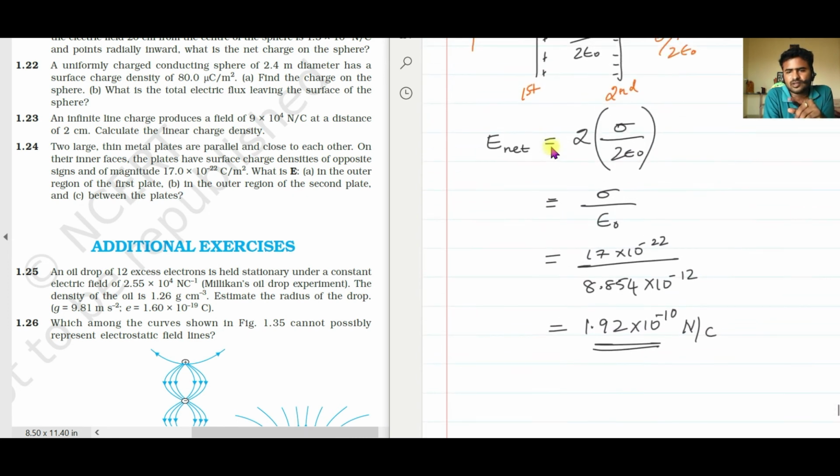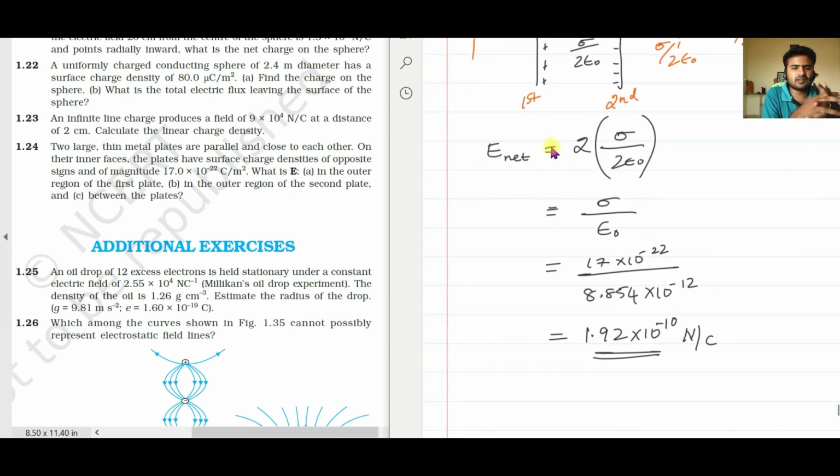All right, so now we have completed all the exercise questions. Additional exercise questions I'm not solving now. If you want me to solve them, you can put that in the comment box, and then later on I will do it. First I wanted to cover the exercise questions and move on to the next chapters. So all the concepts will be covered first, the theory part and then the exercise part. Additional exercise, again, if you want, let me know in the comment box. We will also do that.